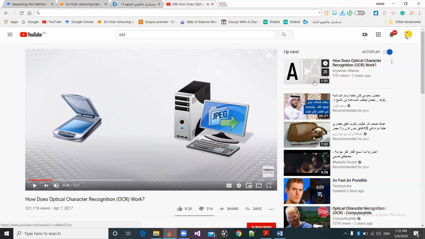As you hear, this is the difference between the ordinary scanners and this scanner. The scanner mainly takes an image for your paper and inserts it as an image. But here it is recognizing, taking the image and recognizing each word inside it or each character inside it and